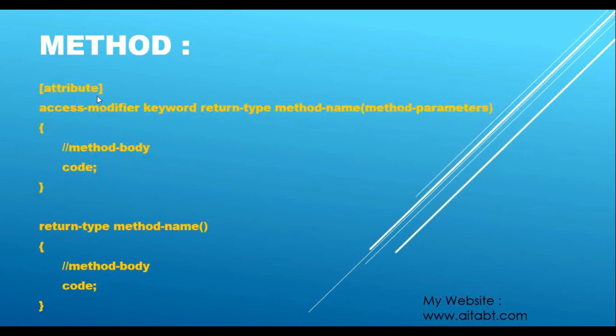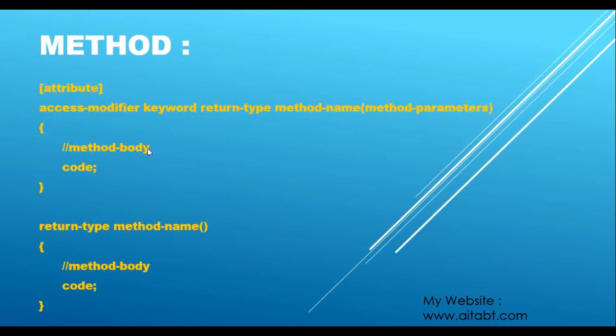As you can see, first will be access modifier, after that keyword if any. Access modifier is optional, as well as keyword is optional, but if there is a need, we use them, and why and when, we will see all that in action. After that comes a return type, then a method name, you can choose any, and in parenthesis we use method parameters, and after that we have a body, and in that we put our code that we want to reuse.